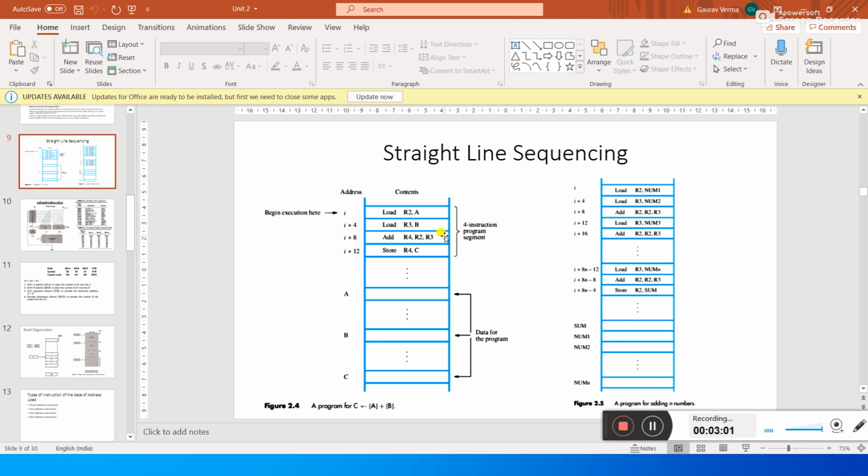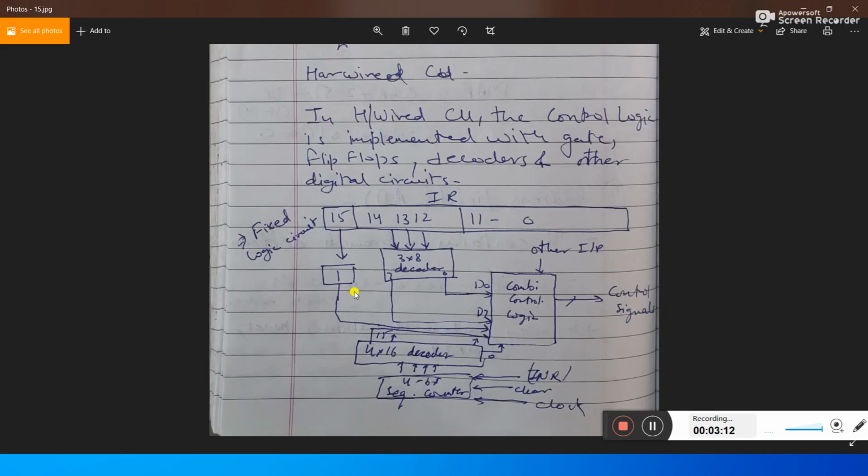In this case we can see the sequencing of the instructions, and the computer generally executes the instructions in memory one by one. There are 3 bits for the decoder, and these provide the control signals, and there is a sequencing logic which describes what function must be performed first. This is an address bus, and this address bus provides the address bits of the operands, and accordingly the operand works according to the instructions.